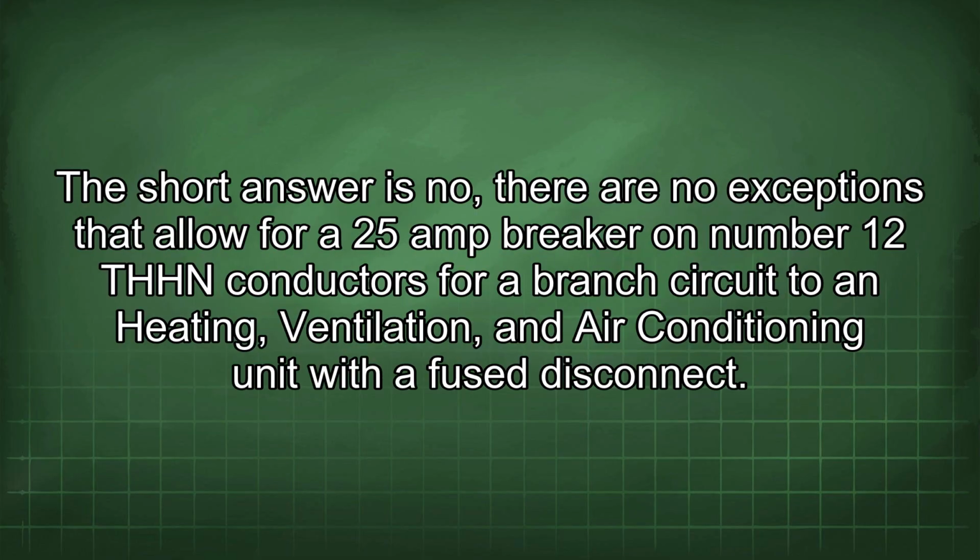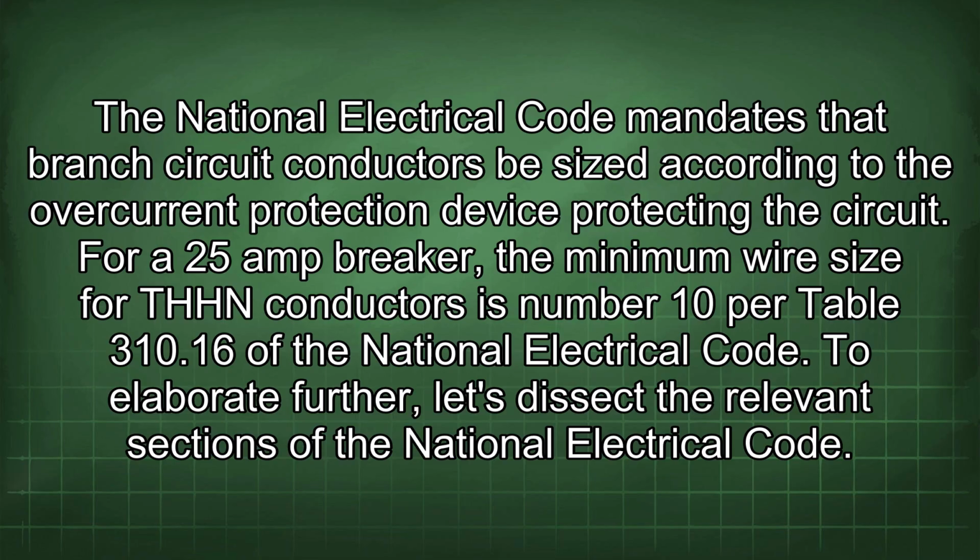The short answer is no. There are no exceptions that allow for a 25 amp breaker on number 12 THHN conductors for a branch circuit to a heating, ventilation, and air conditioning unit with a fuse disconnect. The National Electrical Code mandates that branch circuit conductors be sized according to the overcurrent protection device protecting the circuit. For a 25 amp breaker, the minimum wire size for THHN conductors is number 10 per Table 310.16 of the